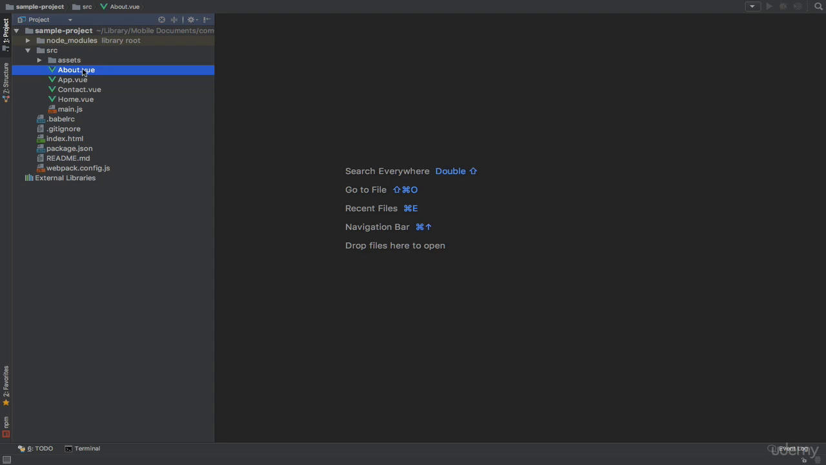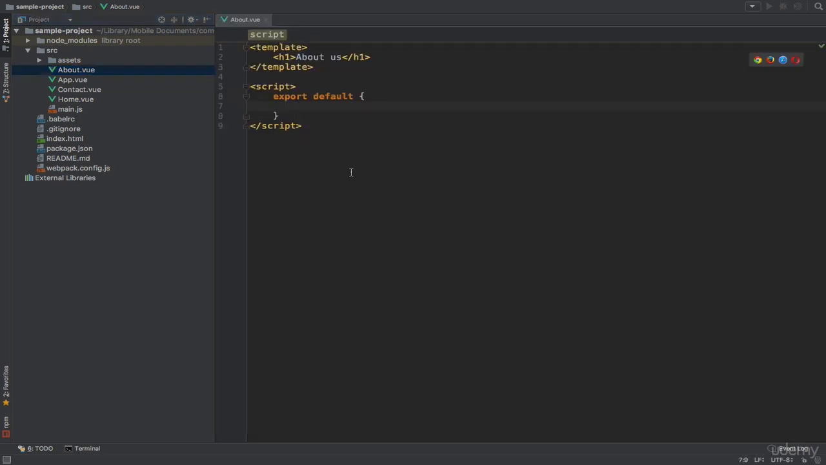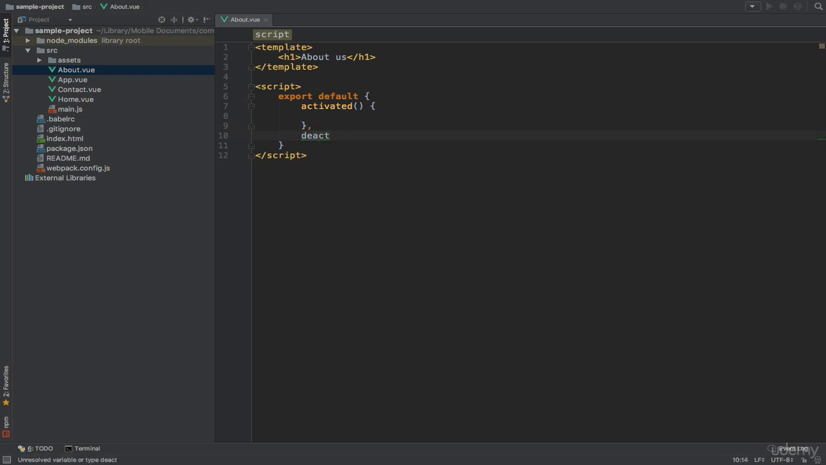I'll begin by adding them to the about component. So the first one was activated, and the second one was deactivated. And within these hooks, I will just add an alert. So about component activated. And I'll copy this for the deactivated hook